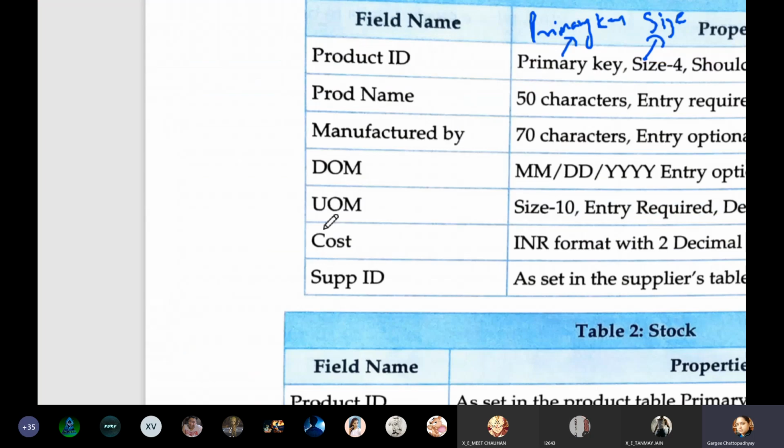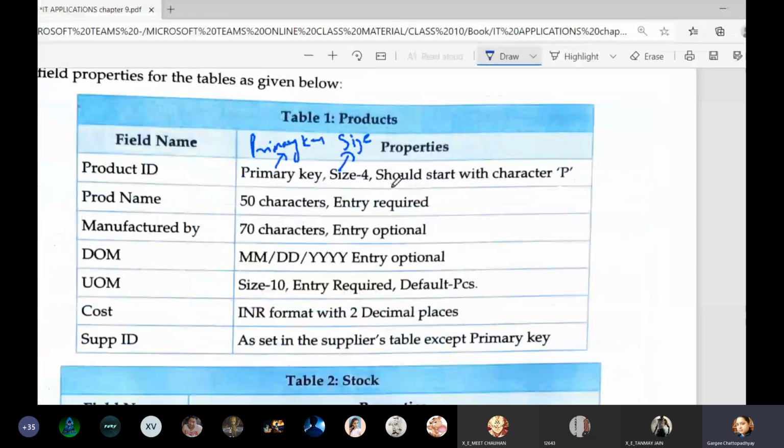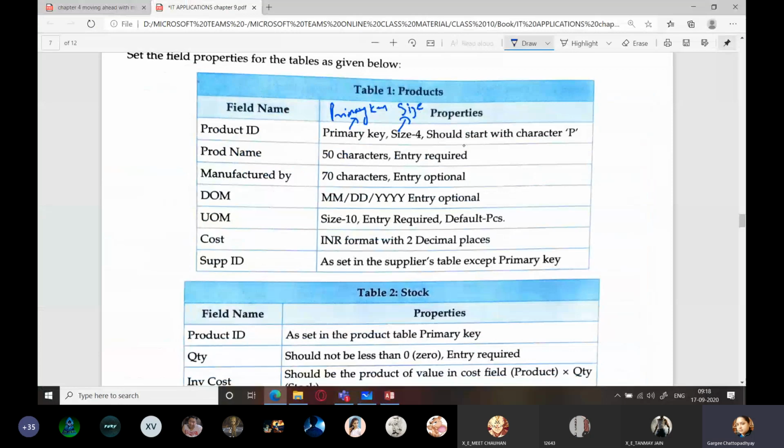What about should start with character P? What am I going to use here? Can anyone tell me? This one. इसका क्या करोगे? कौन सा प्रॉपर्टी लगाओगे इसमें? Think and tell me. Anybody is free to answer. Should start with character P. बोलो जल्दी.